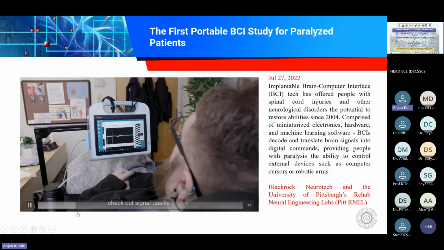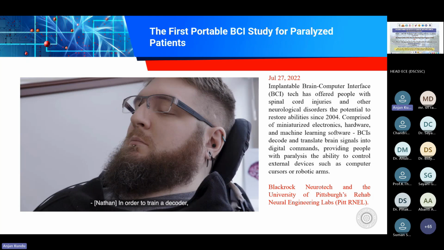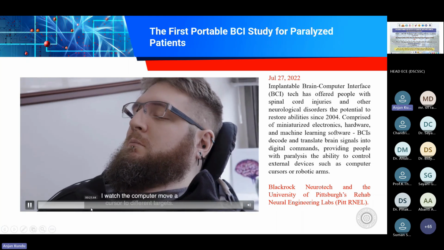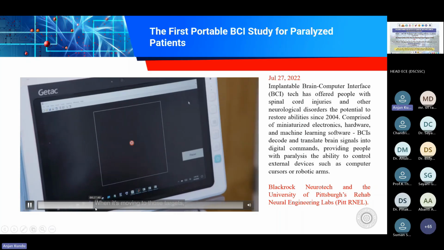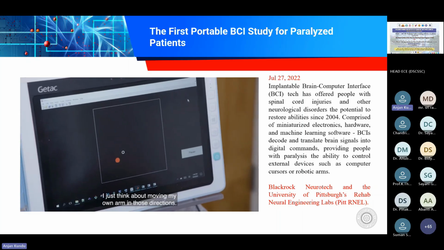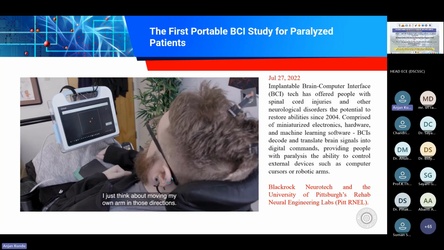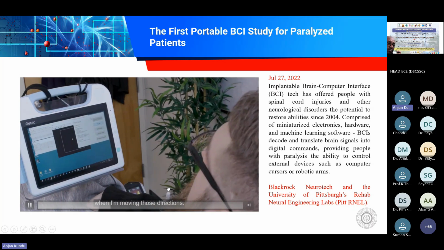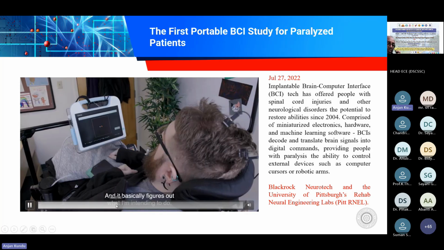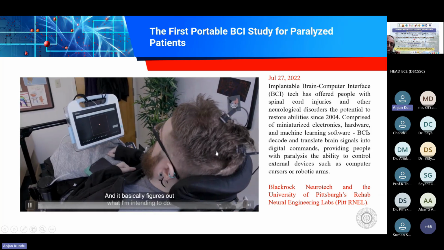Check out signal quality. In order to train a decoder, I watch the computer move a cursor to different targets. When it's moving to those targets, I just think about moving my own arm in those directions. It looks at the neural signals when I'm moving those directions and what I'm intending to do, and then I